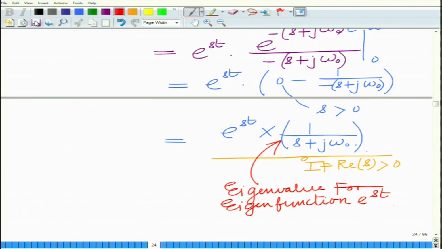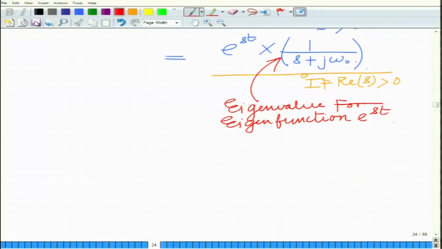Alright. So, we have derived the impulse response of this given LTI system, and we also derived the eigenvalue corresponding to the eigenfunction e raised to s t. Okay. So, let us look at another problem, which is